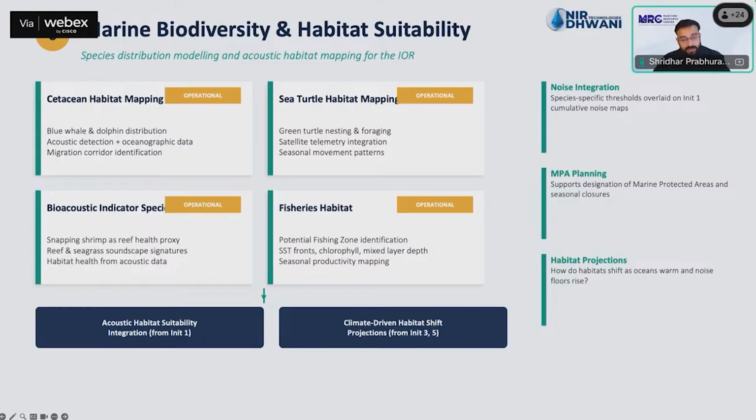The difference between the traditional and our version of acoustic habitat mapping is that we do not just look at the historical data. Ideally, the concept is that you look at historical data of where these marine mammals are present, are seen, and then you map that into the MSP layer. But the problem with that is that it is skewed by how much a human can reach out into water and identify. We perform recording where we are available. It's not about where the marine mammals' habitat actually is.